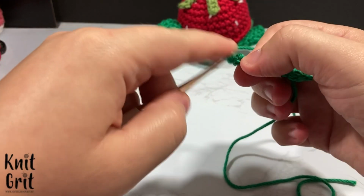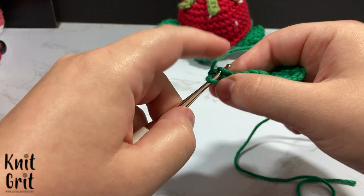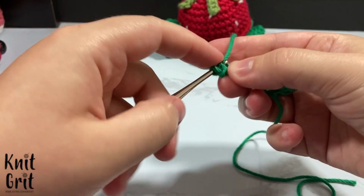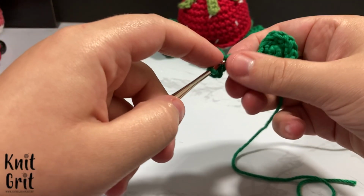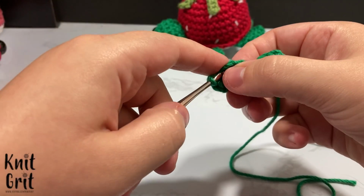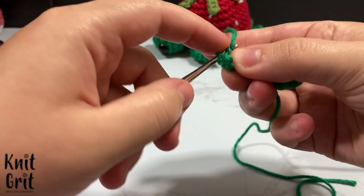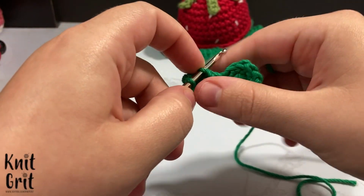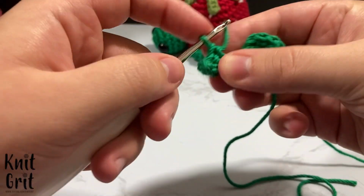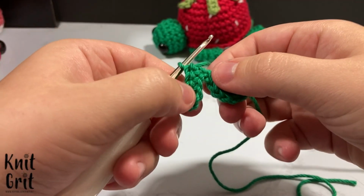Starting in the second chain from your hook, single crochet down the rest of those chains. So all 5 of those chains that are remaining, you're going to want to single crochet down them. This is the 3rd, 4th, and 5th. That's why I said kind of have your chains be a little bit loose, because you're working back